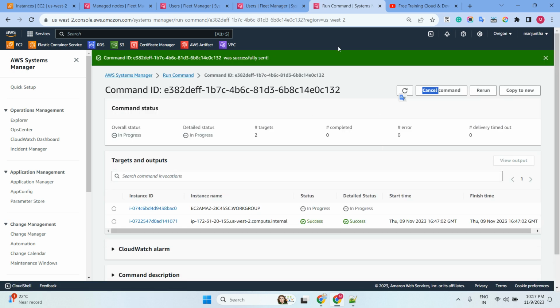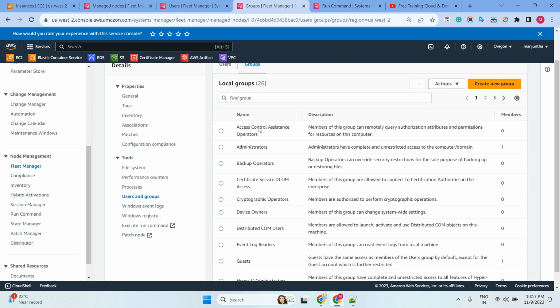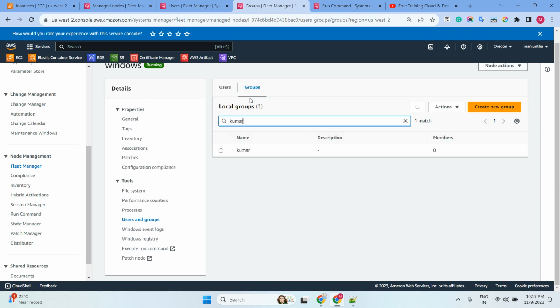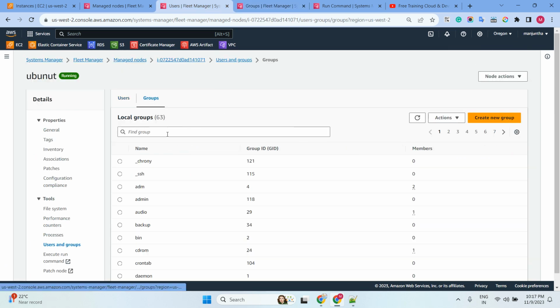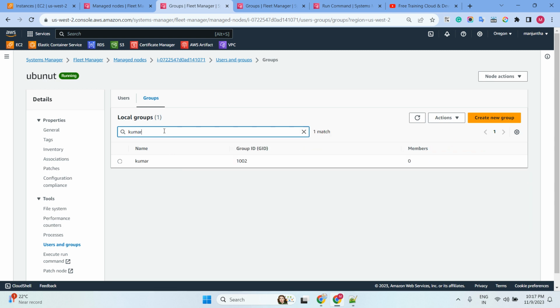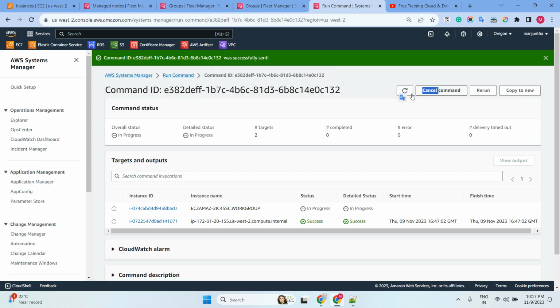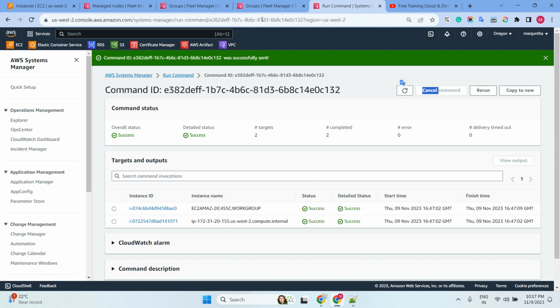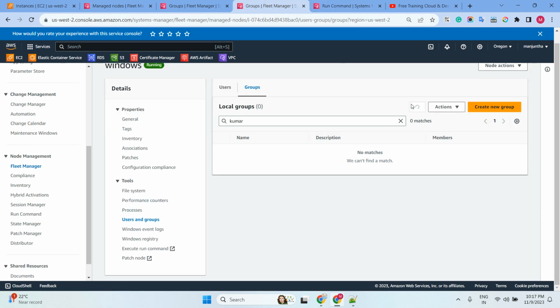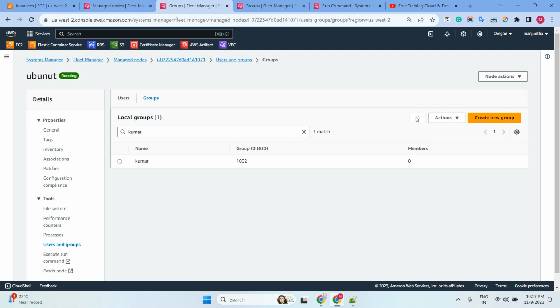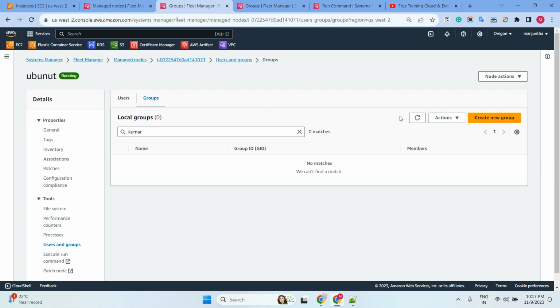Okay, so now we can go and verify the group also. What is the group name? Kumar, and here also mention the name. Let's verify it. Did it succeed? Okay, it succeeded. So from here also it is deleted, from here also it is deleted. Let's wait for the refresh. So this is all about creating users, deleting, adding group. These are the topics. Let's talk about some other